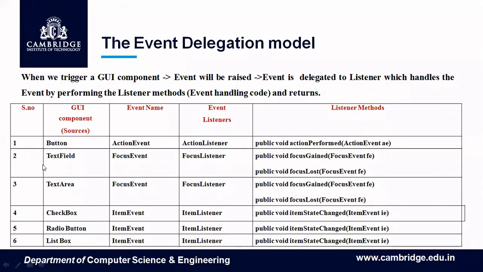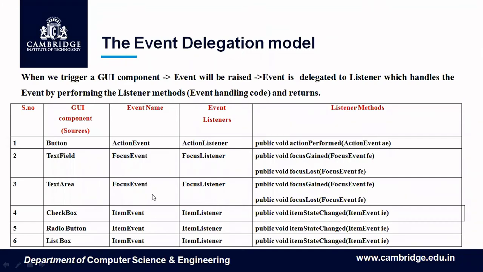So there are many GUI components which generate events. They are called event sources. It generates an event. All these events are classes. It will implement certain listeners. These are all interfaces. The interfaces have listener methods. You should know all the theory concepts involved, such as text field, focus event, action event, and all. I've just skipped the theory part.